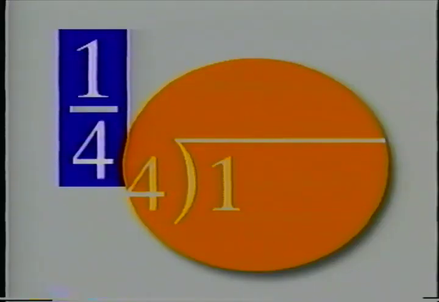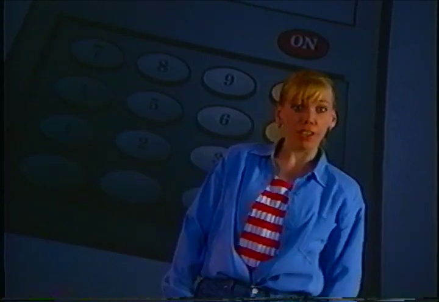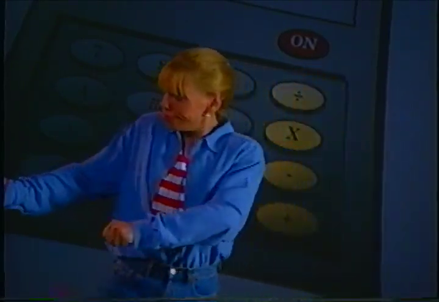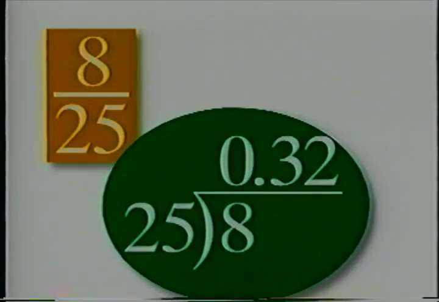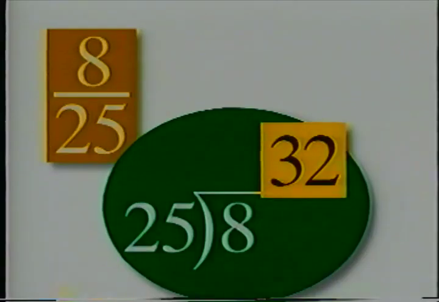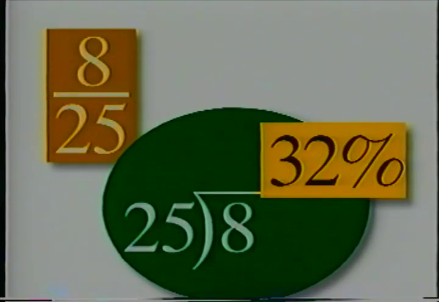To convert a fraction to a decimal, just divide the denominator into the numerator. You could even use a calculator to do it. Right. So to go from a fraction to a percent, just divide. Then move the decimal point 2 places to the right. And don't forget the percent sign. There you have it. Fractions, decimals, percents. Thoroughly connected. Like 3 sides of the same coin.